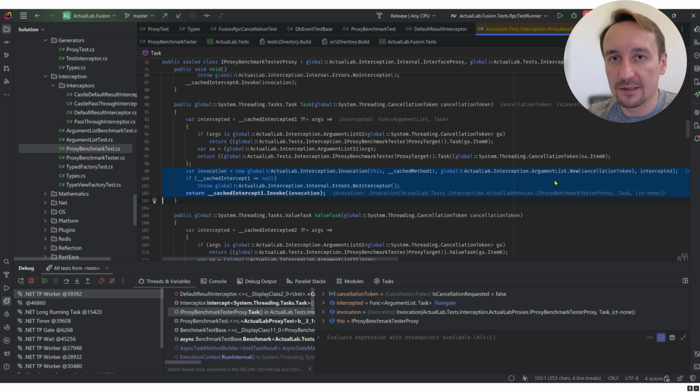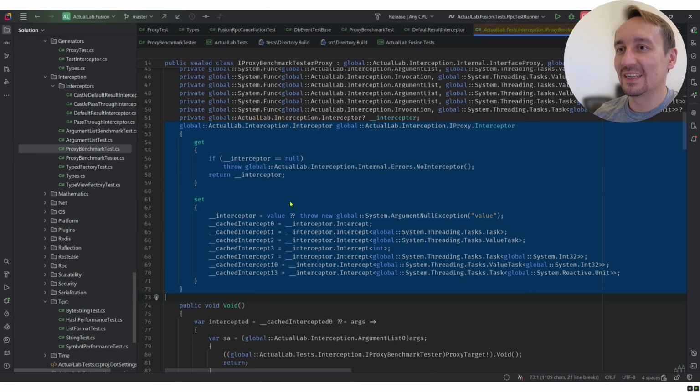Here there is a single allocation that actually happens, and it passes an intercepted delegator so that your interceptor can call the base method, basically the method that is intercepted, right? And it uses this weird thing to actually invoke an interceptor. The reason why it uses this weird thing is that, in reality,